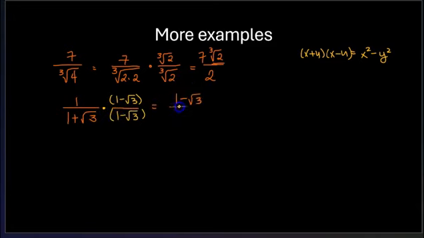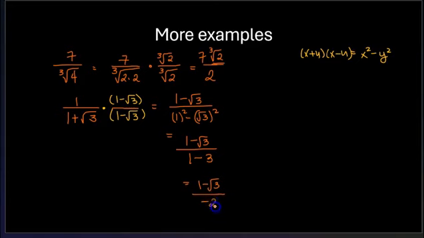So in the denominator, when I take the square of 1, that's 1 squared minus square root of 3 squared. I'm using the special product. So that means you'll end up with 1 minus the square root, and the square will become 3. So 1 minus square root of 3 over -2. Okay, this answer will do. Or if you want to get rid of the negative in the denominator, again, you can multiply that in the numerator so you can have this. Okay, so they are equivalent. Okay. So those are the things that you need for radicals.